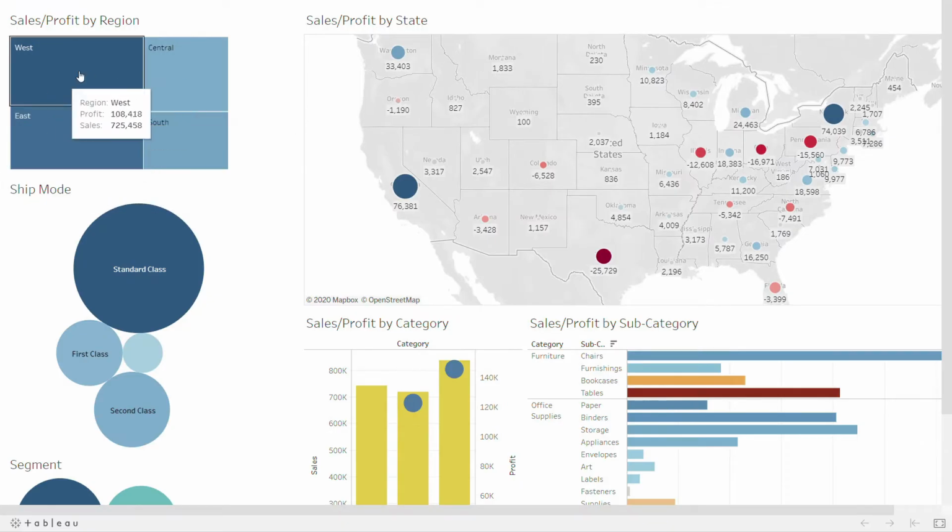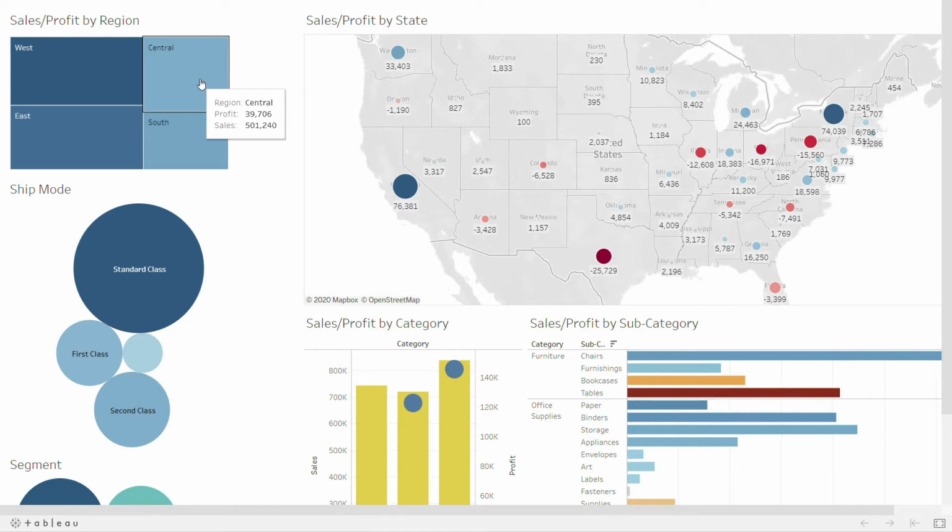So this one displays the overall profit and sales by region. We can see that the size of the rectangle here depends on sales amount. The west region has the most sales, which is 725,000, while east has 678, then the central region has 500,000 in sales while the south has only 391,000. And here the shade of blue depicts the profit. The west has the most profit, which is 108,000, then east has 91,000 in profit, while south has 46,000 and the central region has only 39,000 in profits.